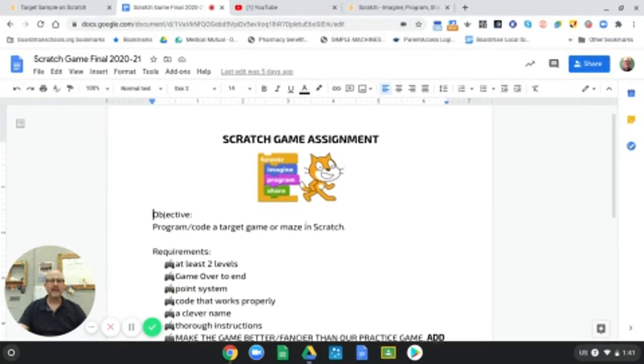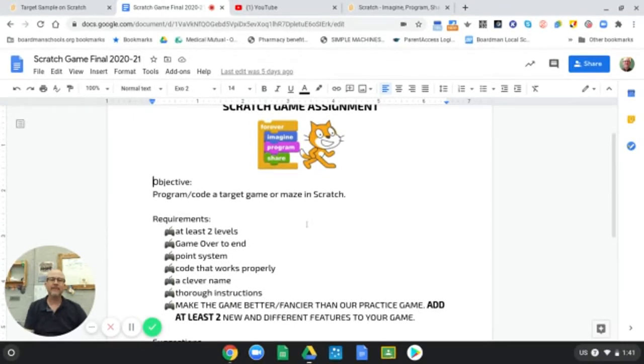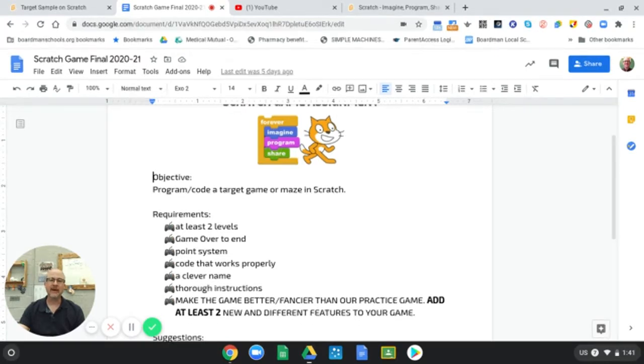Scratch game assignment. In my opinion, the easiest route is to do a game that's very similar to what we did as the practice, which is a target game. There are some different things that you have to add to it, but we'll talk about that. So the objective is to program or code a target game, or you could pick a maze to do, which is a little different, and I will post a separate tutorial video for that. But once again, the easiest route for you to do is probably a target game like we did in class